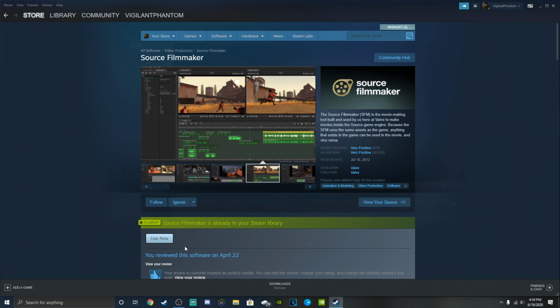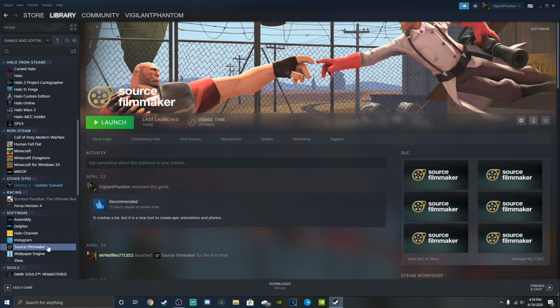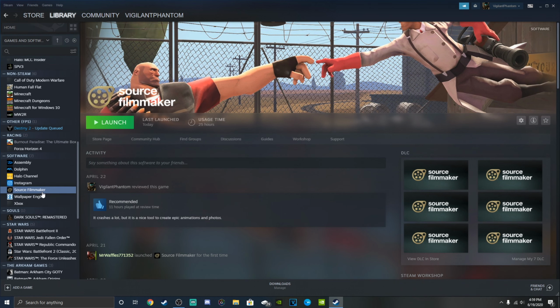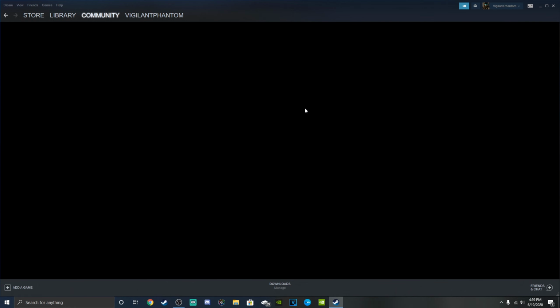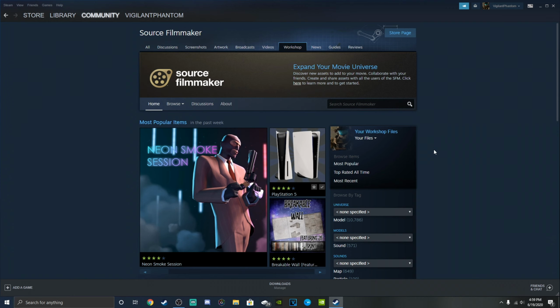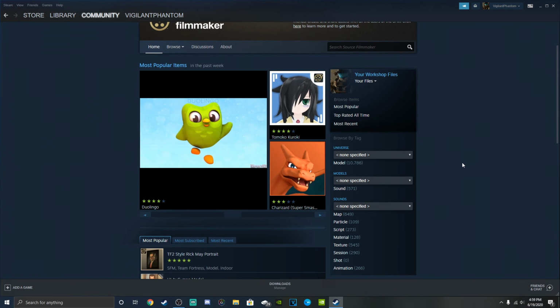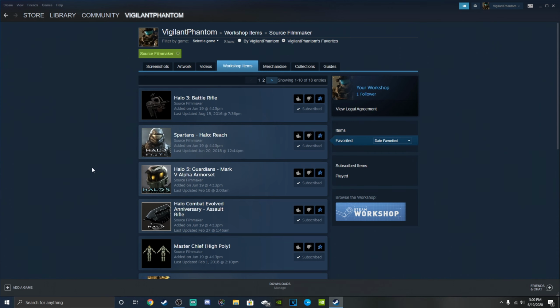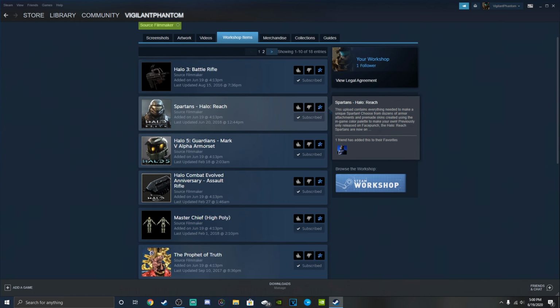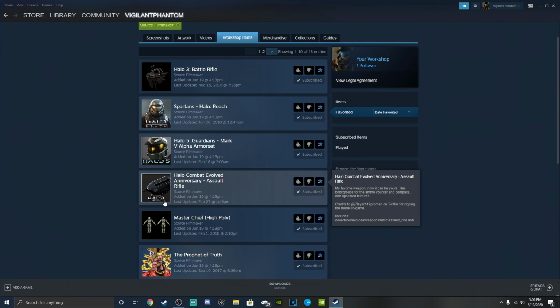So once you have this in your library, just like I do, what you want to do is find it, go to Workshop, and here's where you're actually going to acquire all of the Halo assets, the Halo models that we'll be working with. So if we look at my favorites here, some of the things that you want to get are Spartans from Halo Reach. You can go around and get some Halo weapons, like here I have the Halo Combat Evolved Assault